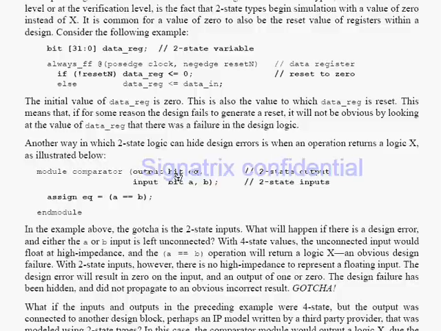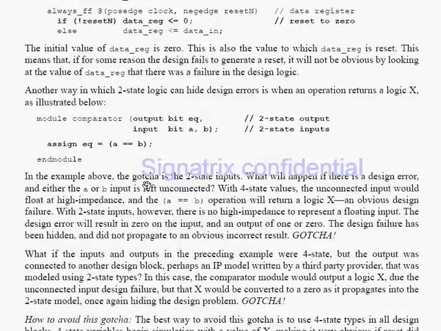Module bit equation, inputs a and b. Now they are comparing a equal to b. In the above example, the gotcha is the two-state input. What will happen if there is a design error and either the a or b input is left unconnected? With 4-state values, the unconnected input would float to a high impedance. Because with 4-state variables all four possible values exist, the a equal to b operation will return a logic x, an obvious design failure, right? So if it is a 4-state variable, it will return x and will